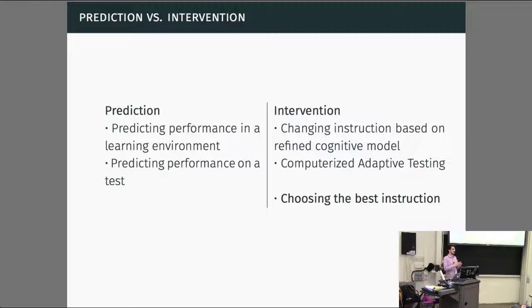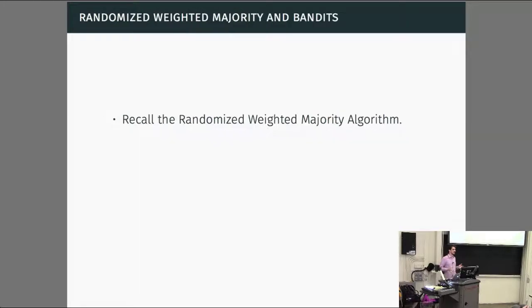Or maybe we have a bunch of different videos. Let's say we've looked all over YouTube and found a bunch of explanations for multi-armed bandits. Which of these is actually the best? So how do we determine which of these is the best, right? And maybe I want to model my lecture based on the best YouTube video I found. So maybe I have a pool of students I can test these videos on. How do I figure out which is actually the best? So this is where multi-armed bandits are going to come in.